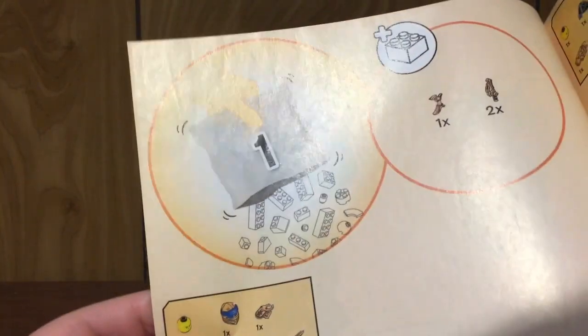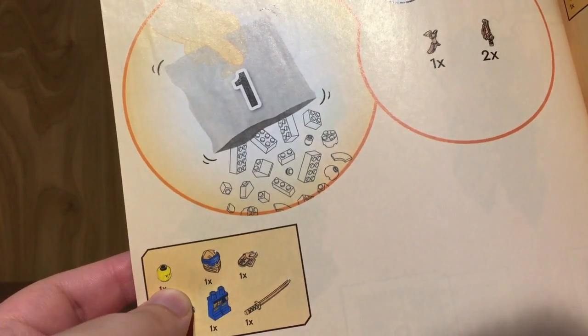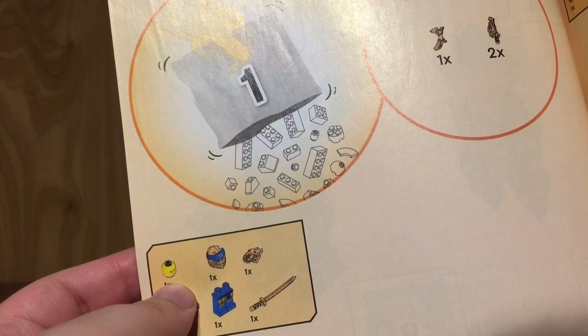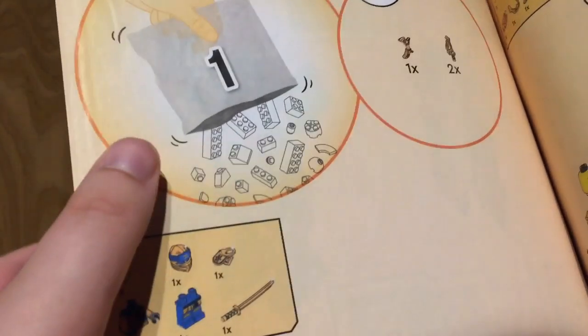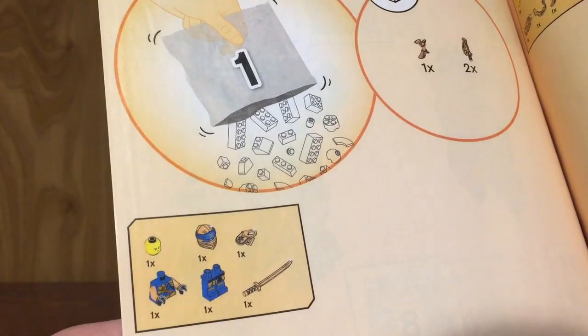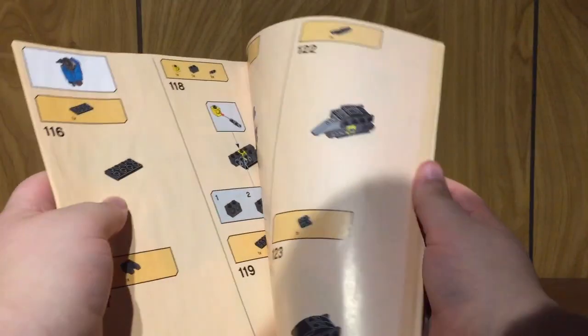Don't know why it's showing a paper bag as the time is recording. It hasn't been introduced yet, and I question whether or not paper bags will be available for when it's actually introduced for the set's availability, if that makes sense. In other words, I think the set might be retired or on the clearance shelf by the time paper bags are introduced. Anyway, just your typical building instructions overall, and flipping all the way to the back,